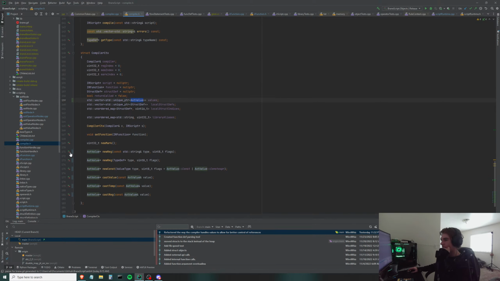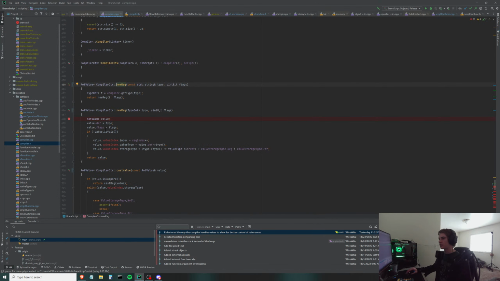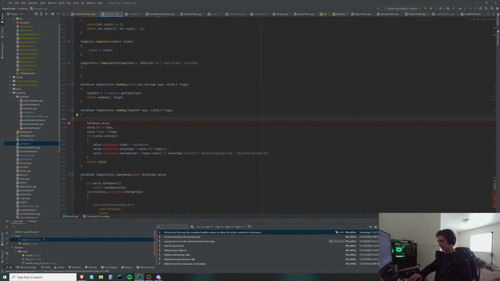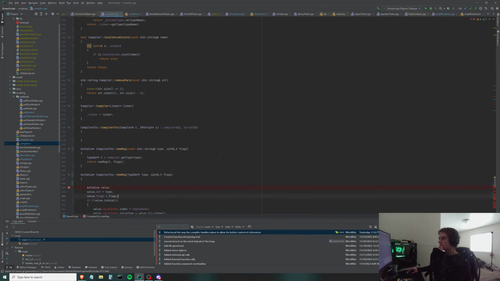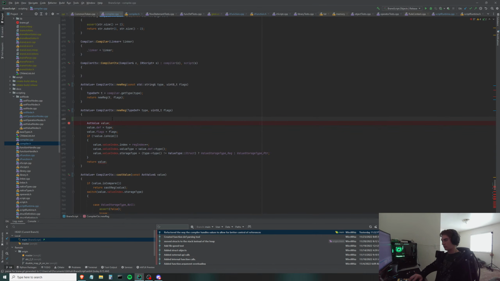So let's work on doing this again. So for new register, auto value equals